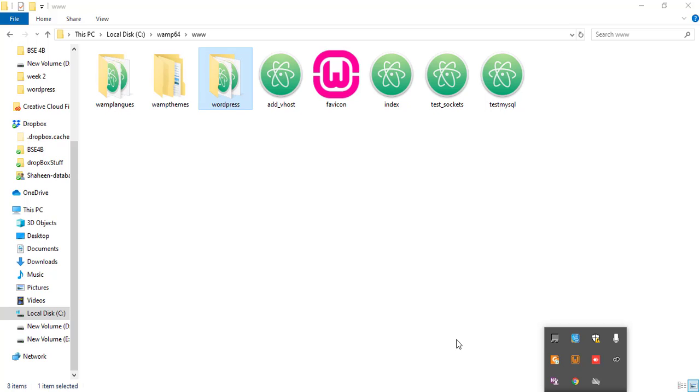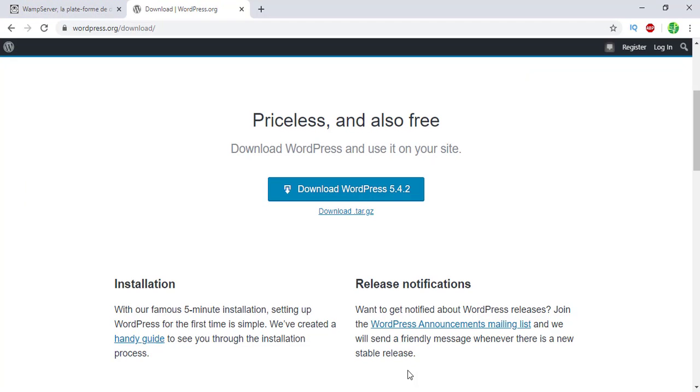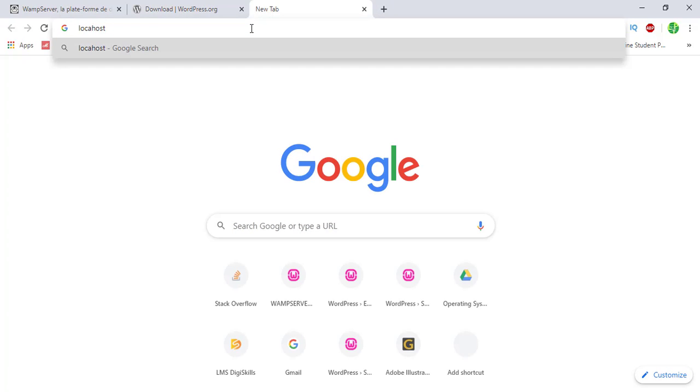Now I'm going to go into my Chrome, because I had selected Chrome as my localhost server browser. If you had selected some other browser, you can go into that browser. Okay, here is my Chrome browser. Now in the Chrome browser I'm going to open a new tab. In the new tab I'm going to type localhost, which will take me to that www folder, and after that localhost I'm going to put a /, and after that I'm going to type WordPress, which is my